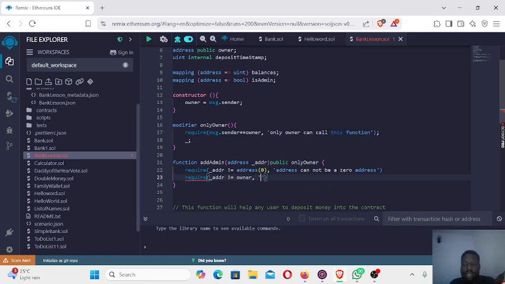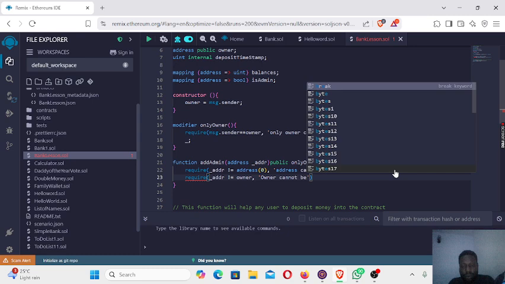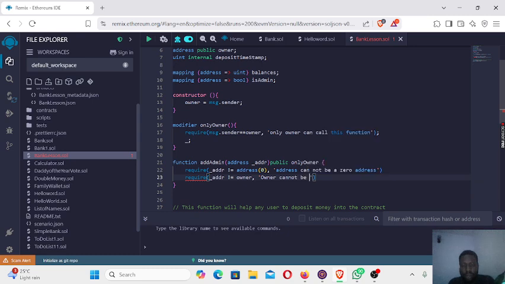So we'll throw this error: owner cannot also be an admin or something. No, the owner can also be, but the owner already has all the privileges. So let's just say the owner already has all the privileges. By the time we go into Solidity libraries,